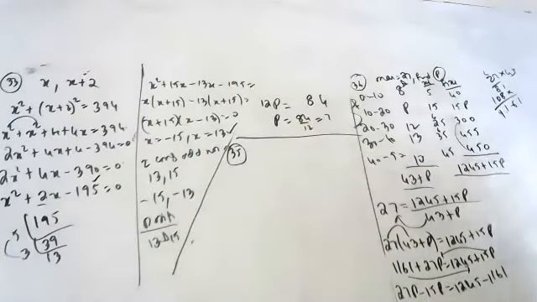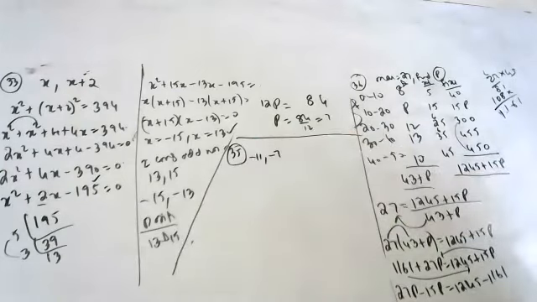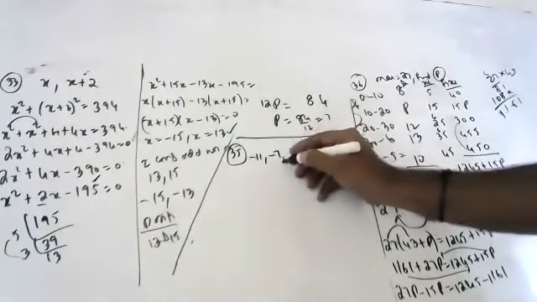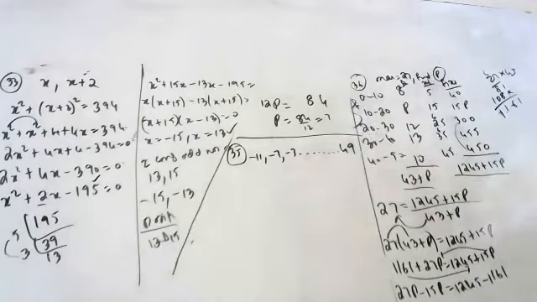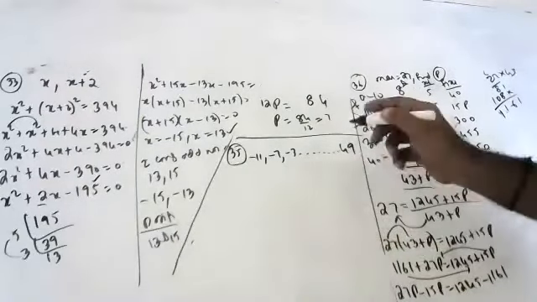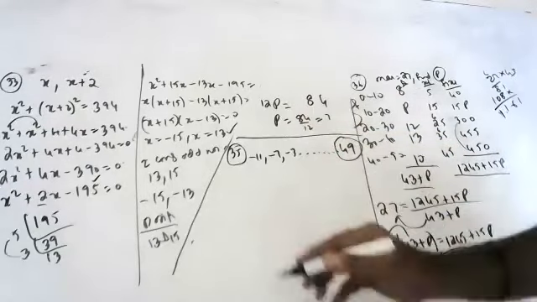See here. They have given minus 11, minus 7, minus 3, and so on up to 49. What is the middlemost term he is asking, children? Middlemost term. First, we find the number of terms. Yes, very good. First, we should find 49 is which term. If you find 49 is which term, you will get the number of terms.